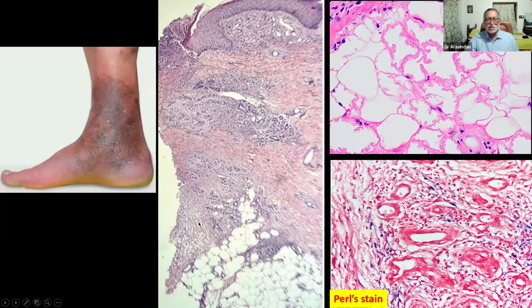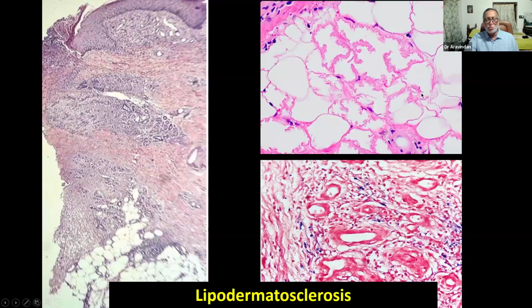You find thickened vessels, and this has some overlap with stasis dermatitis, with plenty of hemosiderin pigment deposited. Sometimes fat can show a peculiar appearance of what is known as membranous fat necrosis. This kind of appearance is typical of